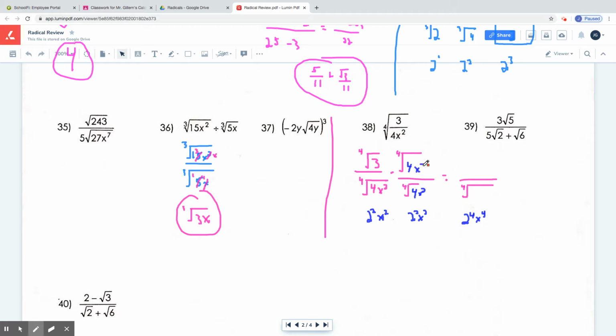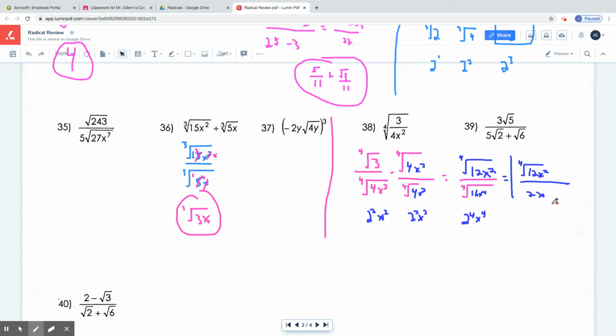Now, would you be wrong if you put 4 cubed here, which would be 64? No, you would just have more simplifying to do at the end. So multiply these together, and I get the fourth root of 4 times 3 is 12, so 12x squared over 16x to the fourth. So my final answer is just the fourth root of 12x squared all over